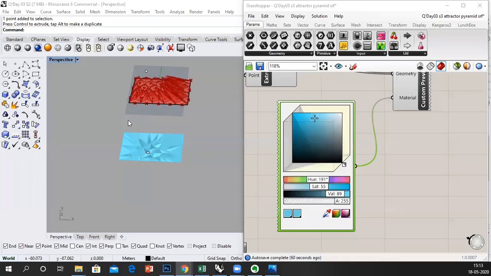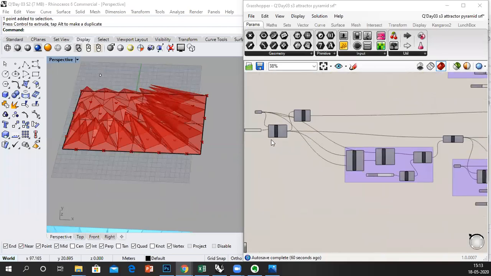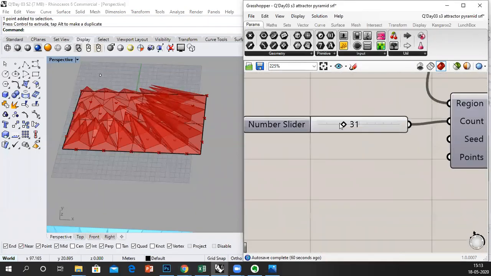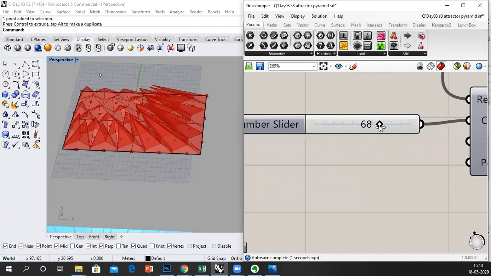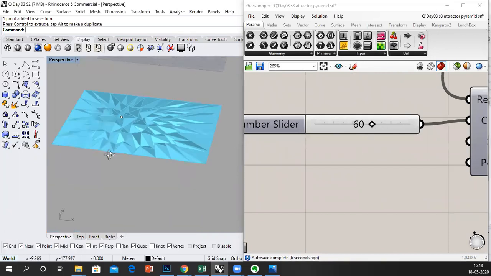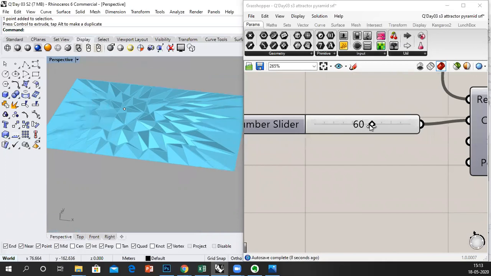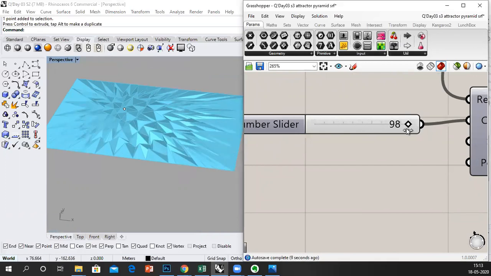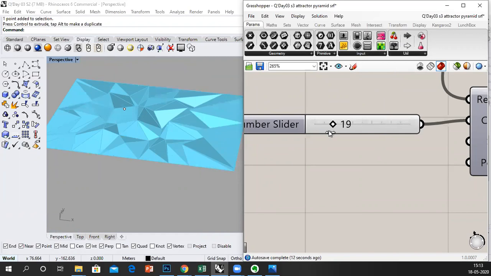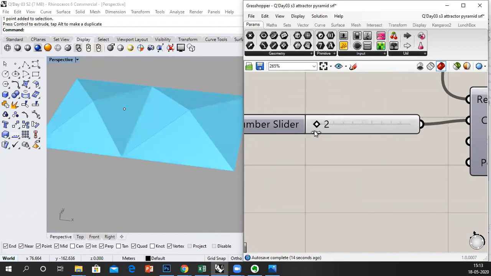So this is with respect to Voronoi. இதுல வந்து you can increase your amount of points. This might lag. So over here you can increase your amount of points. So increase பண்றதுக்கு ஏத்த மாதிரி வந்து your thing will change.